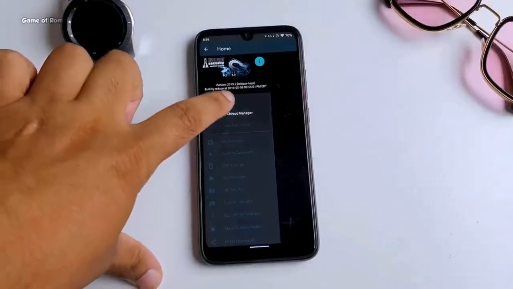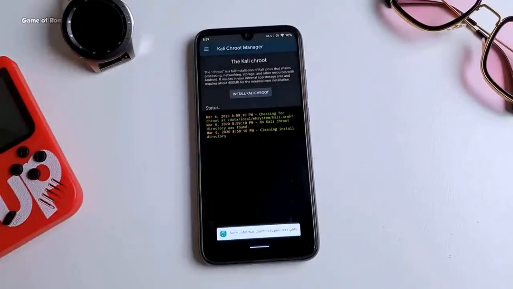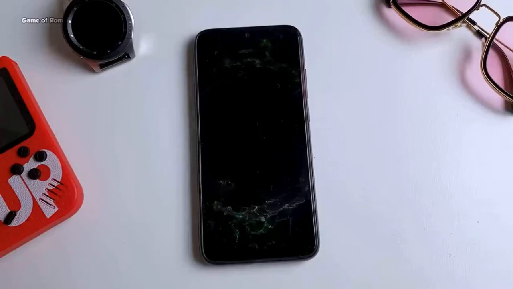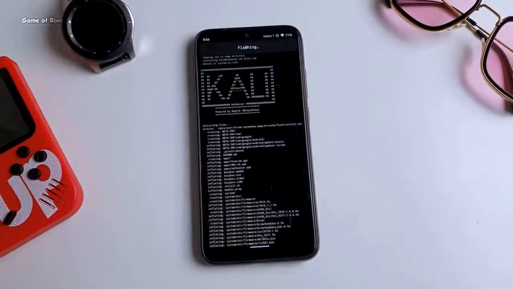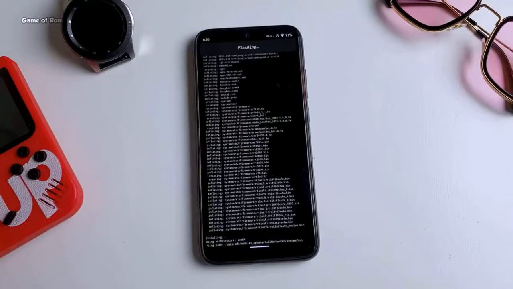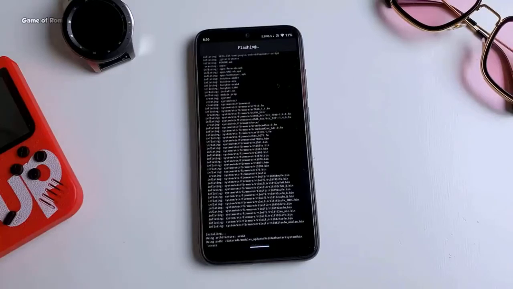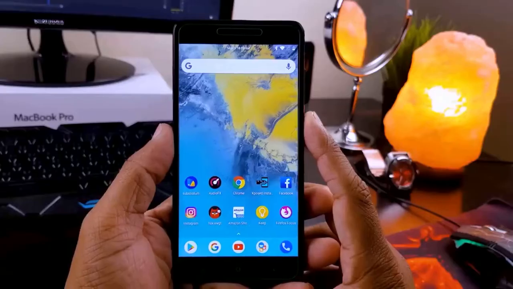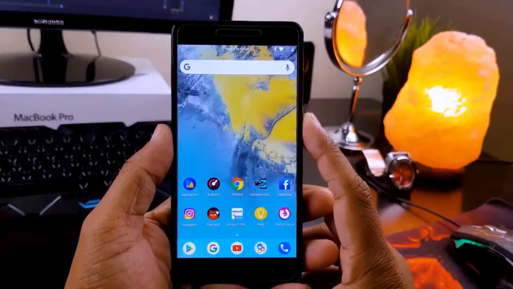So what actually is Kali NetHunter? Kali NetHunter is an Android ROM overlay that gives you some hacking apps built in. This overlay includes a custom kernel, Kali Linux chroot, and some apps which allow you to easily interact with various security tools and attacks. There is one very popular TV show called Mr. Robot, in which the guy used this kind of OS to basically hack anything. There are two ways to install Kali NetHunter, and I will show you both step by step.